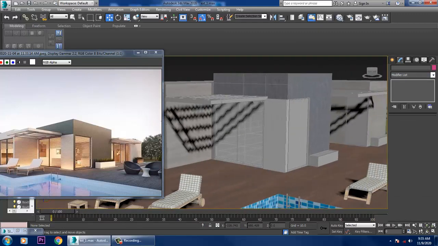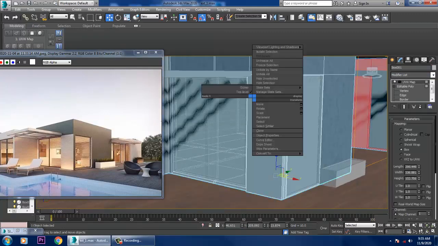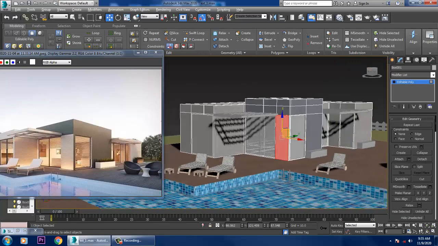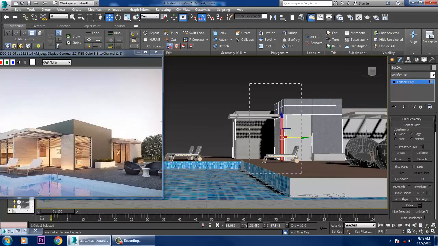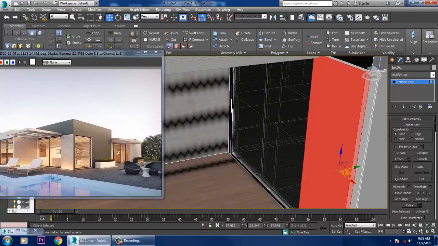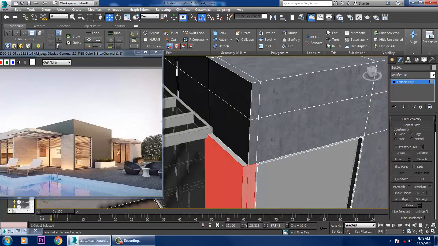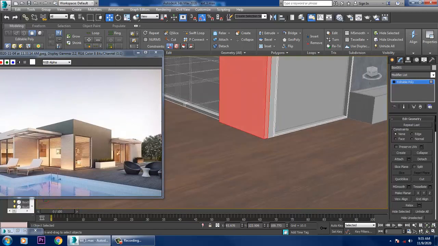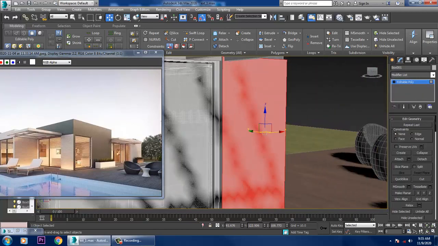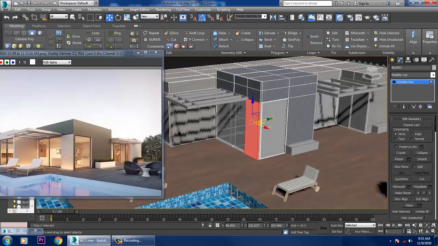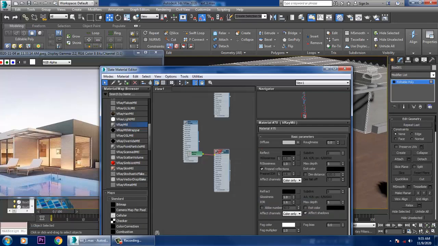Select this part, convert to editable poly, select the polygons over here, go into the material again and assign the same texture.